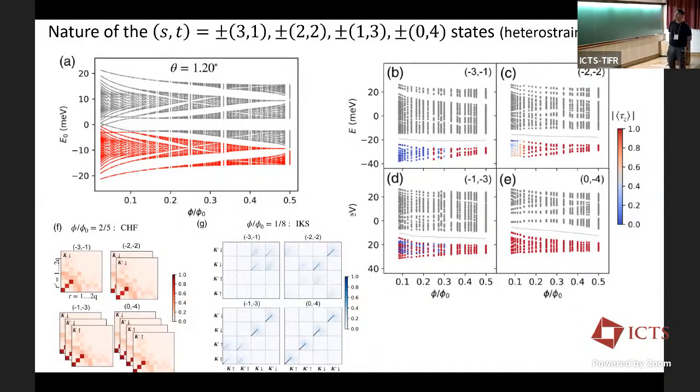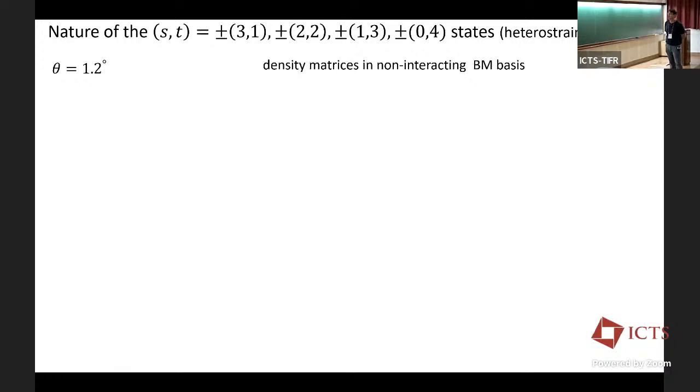So this is our picture for the strain case. The charge neutrality point doesn't gap. 0, -4 corresponds to the population of the Hofstadter spectrum below the interaction renormalized Dirac points. And then the same story happens for the other main S and T sequence at high magnetic field, but then at lower magnetic field, the intervalley coherence sets in. All right, so